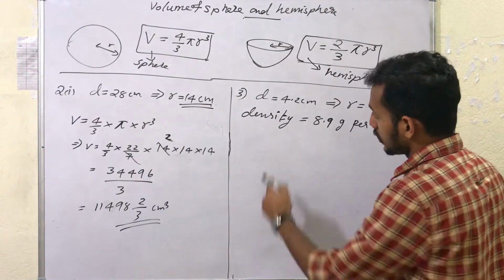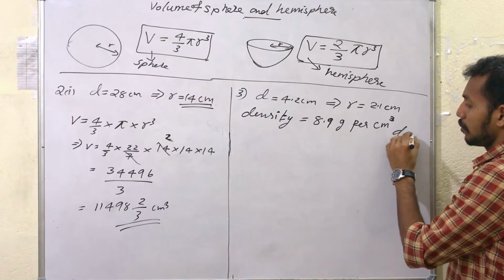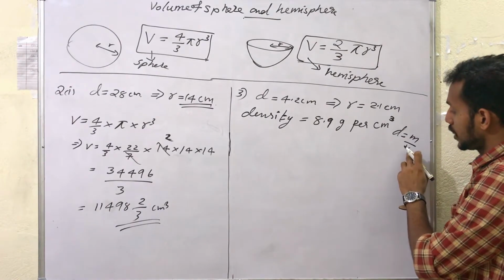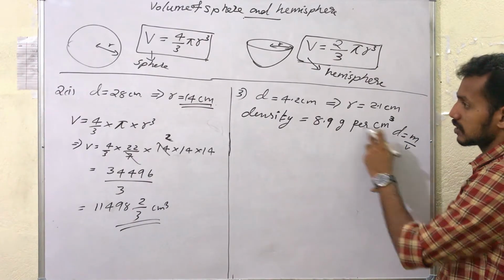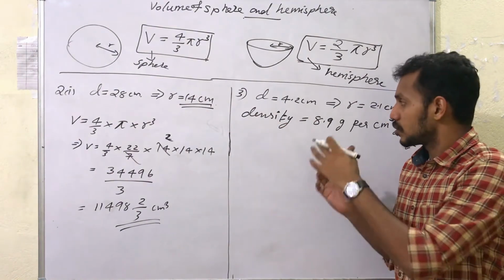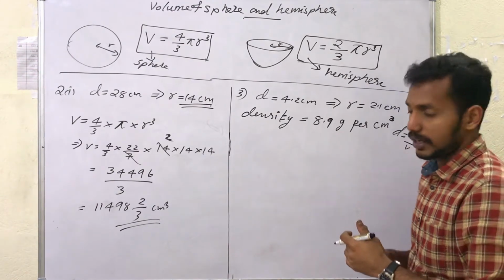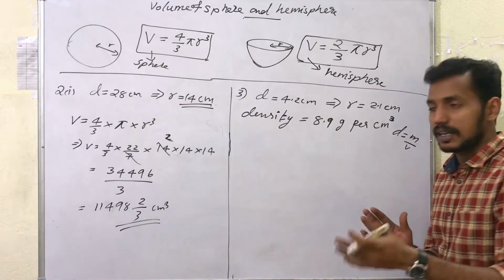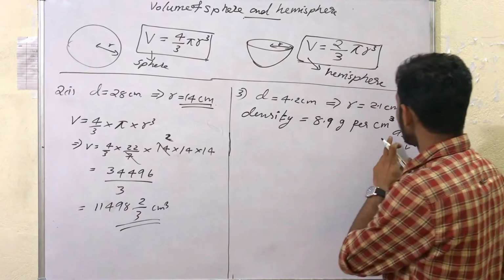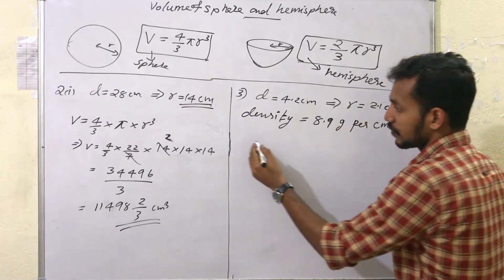The formula which is connecting the density and mass is that density is mass per volume. That means in unit volume, how much mass is there? That measure is called density. Density is the quantity which we use in science to describe whether a given object is lighter or heavier. It is based on mass per volume. You will learn in science in detail about density. Here we need just the formula. To find the mass, density is given, so we need volume. So first let's find the volume.